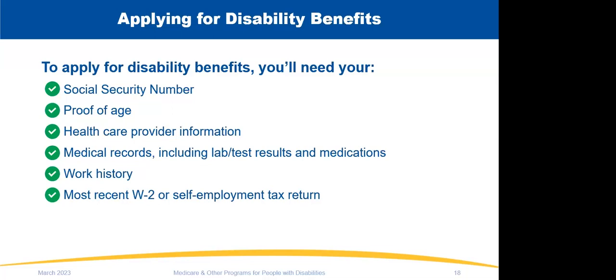Now, when an individual applies for Social Security benefits, again, we have those three pieces. We have the actual application, we have the disability report, and we have the authorization or the consent to release information. We need all three of those pieces, right? Social Security is just gathering the information.